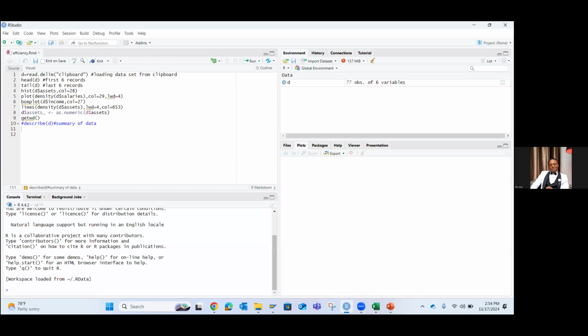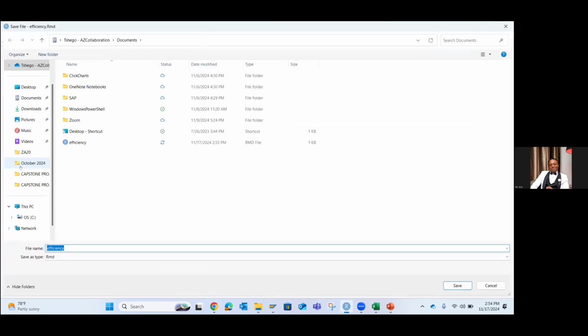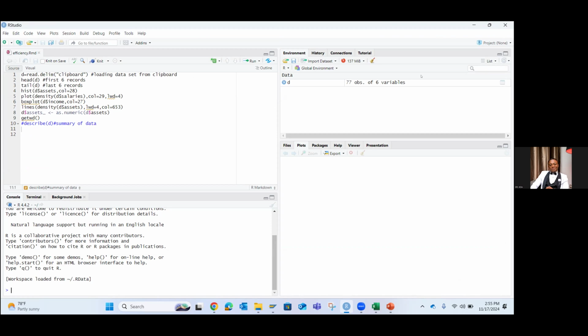Take your time. Allow time. Now, I want you to click on File and then Save As. Close it. Close the